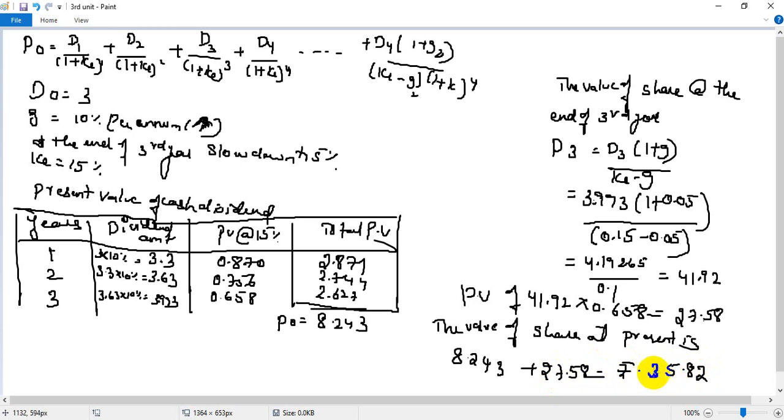This type of problems will be asked in the exam, and I will give you one question for homework. Also do it for your practice sake. That would be important. So with this, I'm done with the dividend capitalization model method. In my next class, I'm going to explain the earning price method, price earning ratio and all. So I hope it is clear with all of you. I'm going to give another question for homework as well, so do practice this.